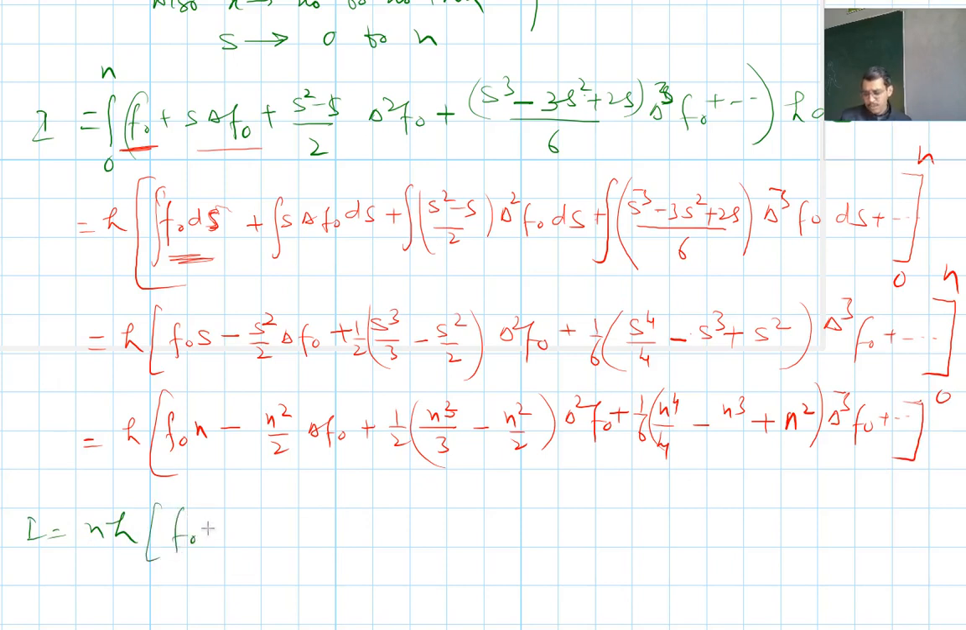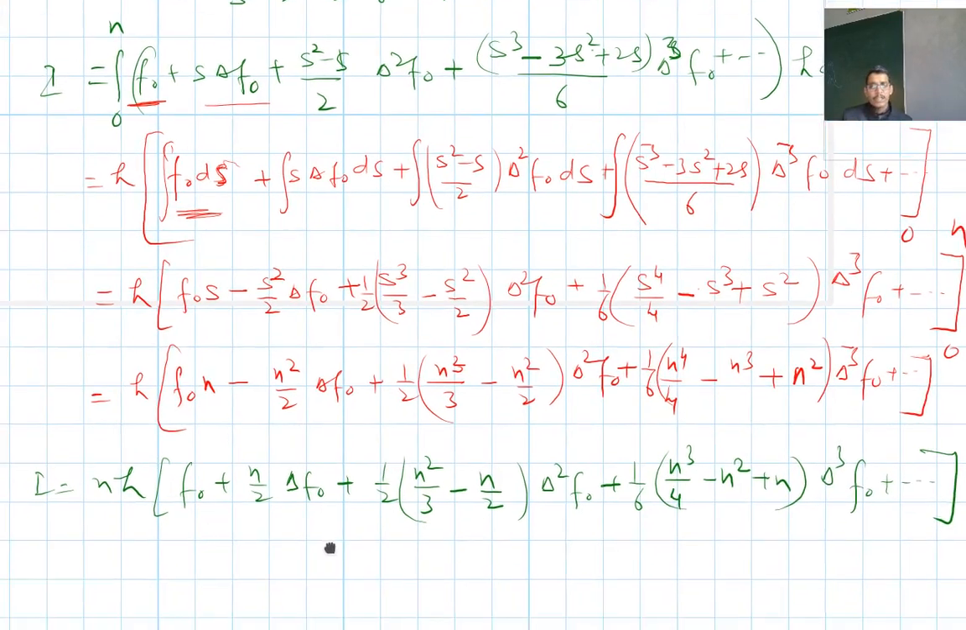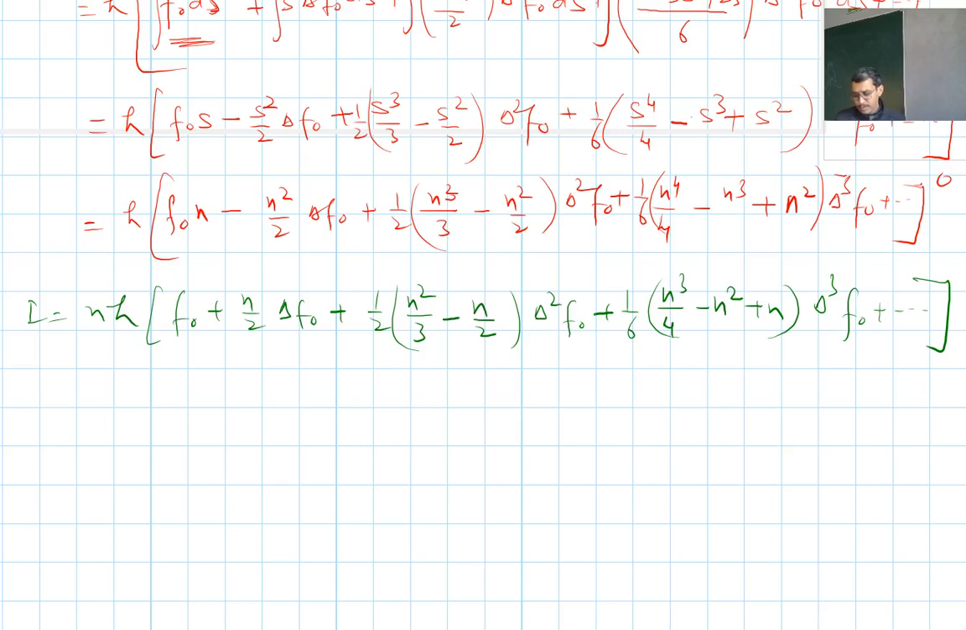Inside it is f naught plus n by 2 delta f naught plus 1 by 2 n square by 3 minus n by 2 delta square f naught plus 1 by 6 n cube by 4 minus n square plus n delta cube f naught plus and so on. So the integral which I am getting here, this is known as